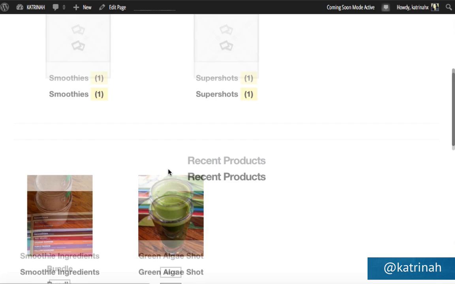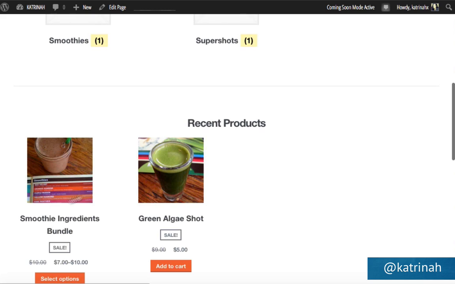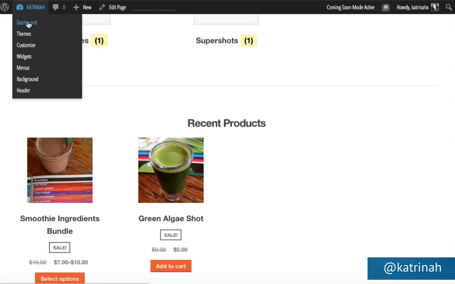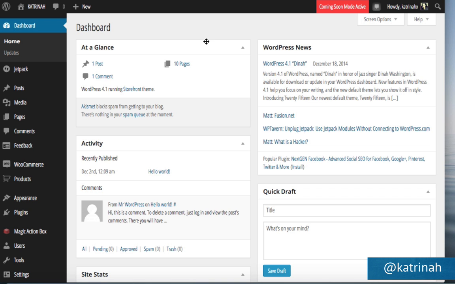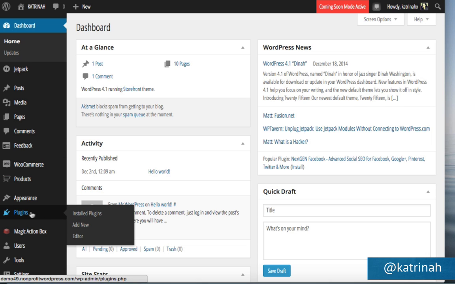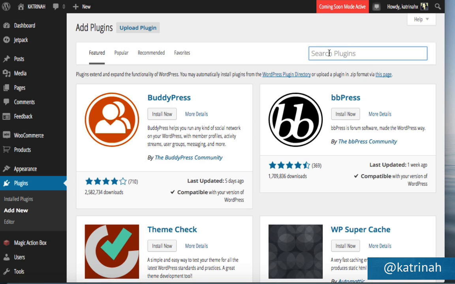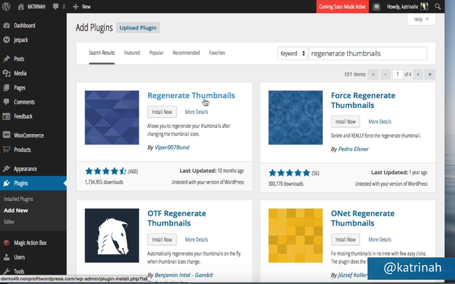Okay, so the next step is I want to change the sizes of these image thumbnails here on the home page. To do that, I'm going to go back to the site by clicking on Dashboard. And here on the product dashboard, the first thing I need to do is add a new plugin called Regenerate Thumbnails so we can regenerate the thumbnail image sizes within our site. So going down to plugins, I'm going to hover over plugins and click on Add New. Then here in the search field, I'm going to do a search for the Regenerate Thumbnails plugin. Here it is on the left-hand side, Regenerate Thumbnails.